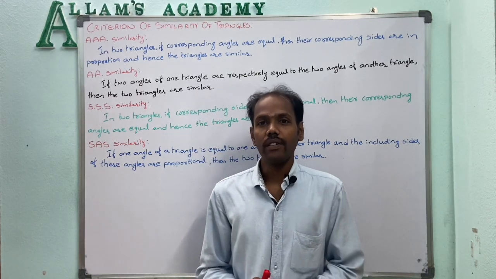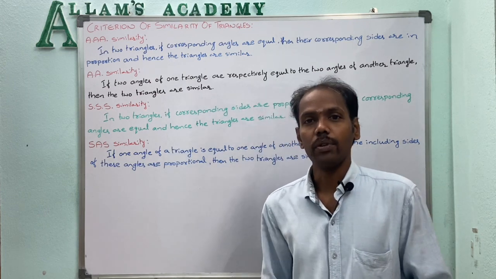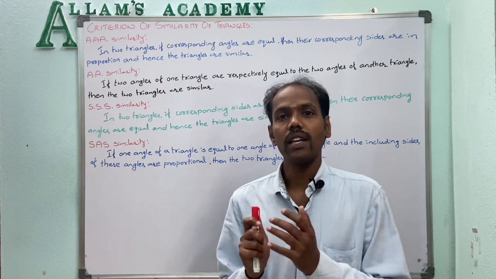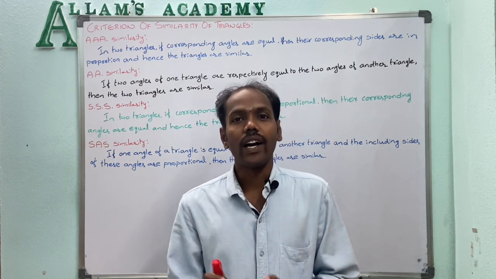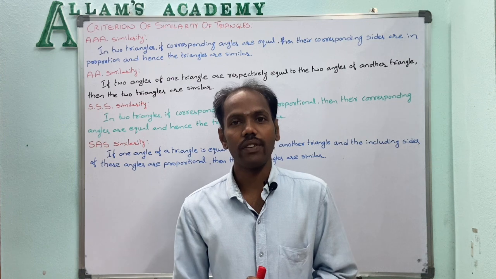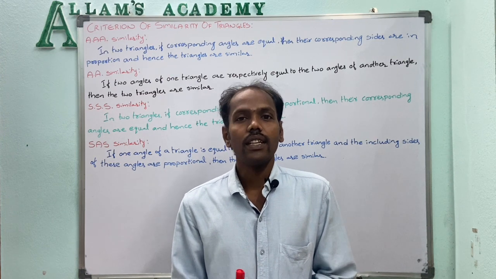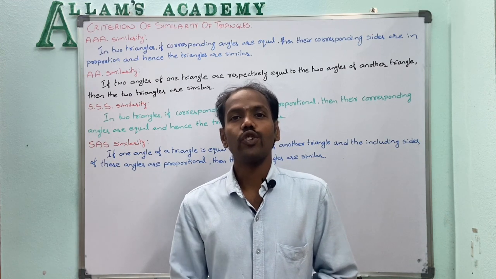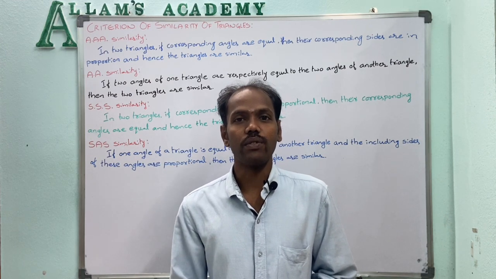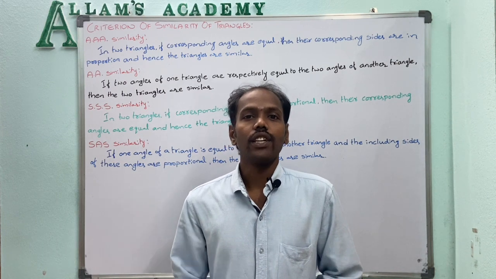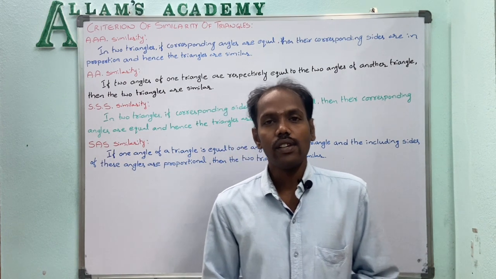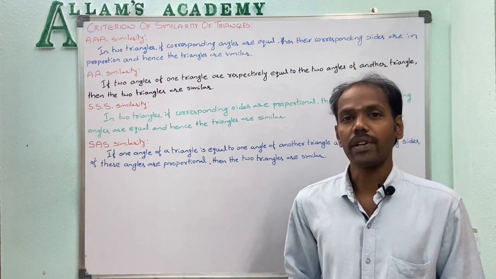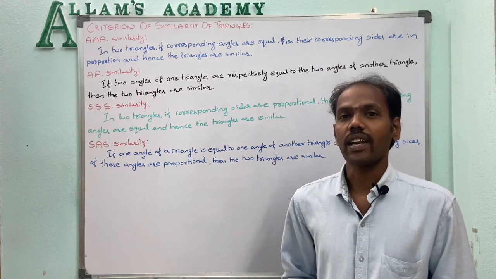In our previous classes, we learnt that if two triangles are given and they are similar, then what are the side ratios. We studied that, along with the basic proportionality theorem and the converse of the basic proportionality theorem, and through that we solved some problems. Today we see about similarity. The similarity criterions of triangles we already learnt in our previous classes, but once again we recall them.